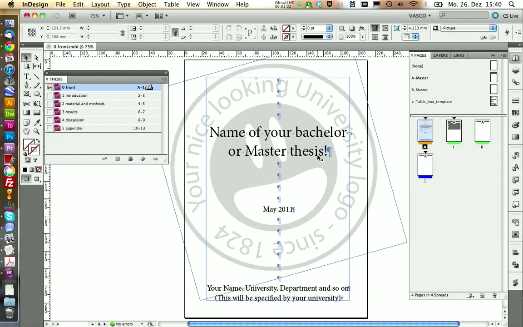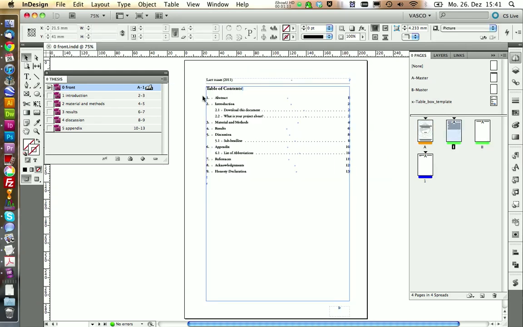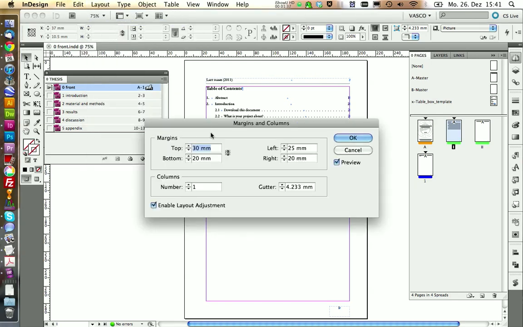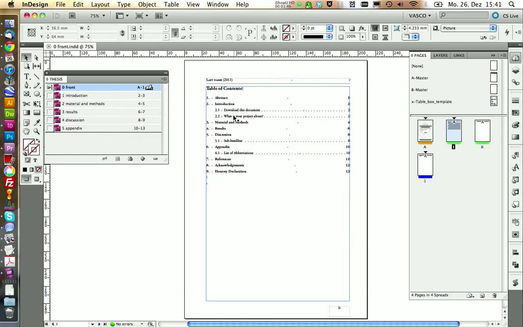The first thing you want to make sure of if you start writing your thesis are the margins of your page. If you take a look, for example, at the table of contents, your margins, these are the distance from your text to the border of the page. For example, from here to here is 3 centimeters. You might get specific advice from your university on how big your margins should be, and if you need to change your margins, you can do this in layout, margins and columns and change them here. You need to change those for every document. You can't sync them over your whole book. You can sync everything else, but not your margins.